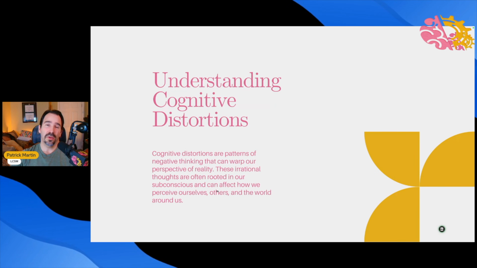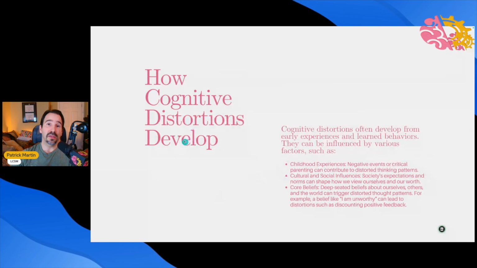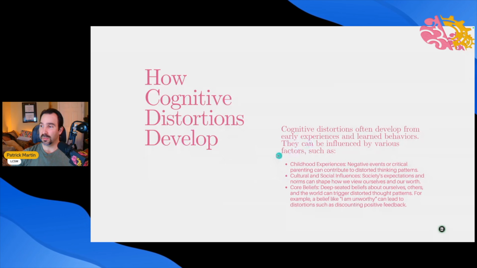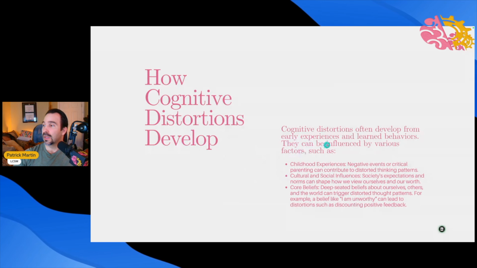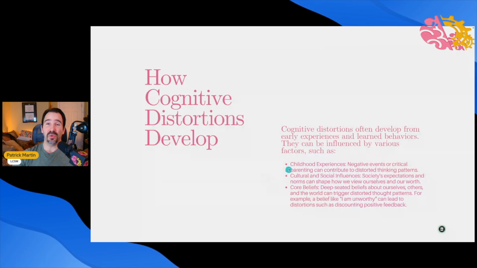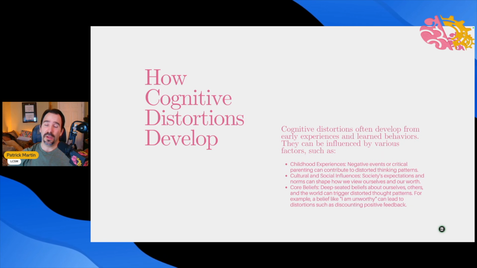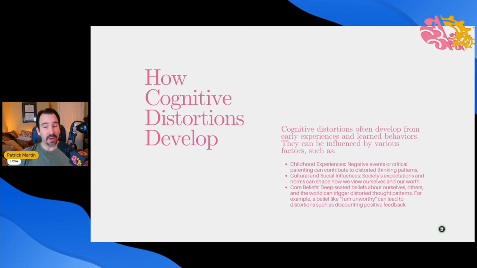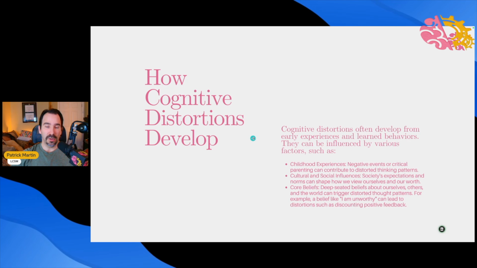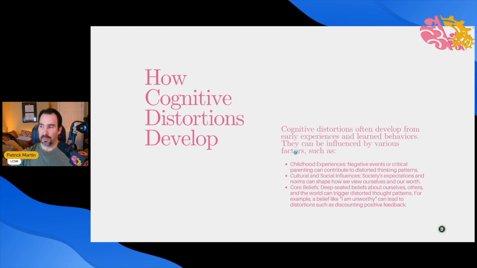All right. So how do they develop, right? Cognitive distortions develop by lived experience, right? And it's no surprise they're believed to develop through early childhood experiences and negative events, sometimes traumatic events that really get deeply rooted in our nervous system. There's a really good book, The Body Keeps the Score, if you've heard of it. That's really what it talks about, is that trauma never really leaves the nervous system. The body remembers, right? Just like a dog who's been abused will remember, anytime there's sudden movement, he might flinch, right? Our nervous systems are the same, right? We tend to remember. Our bodies remember.